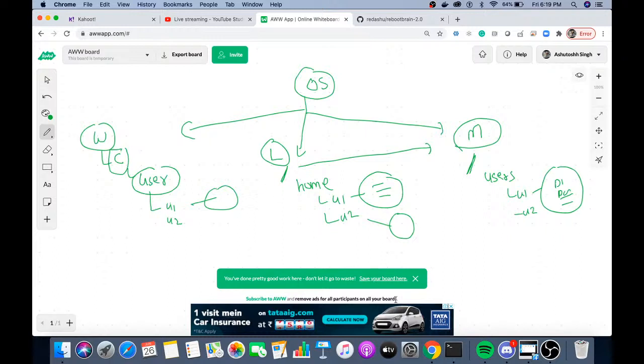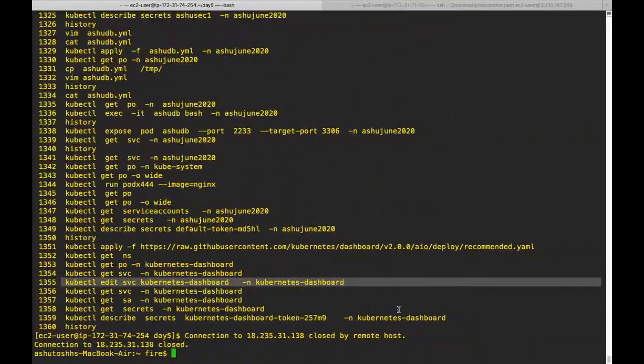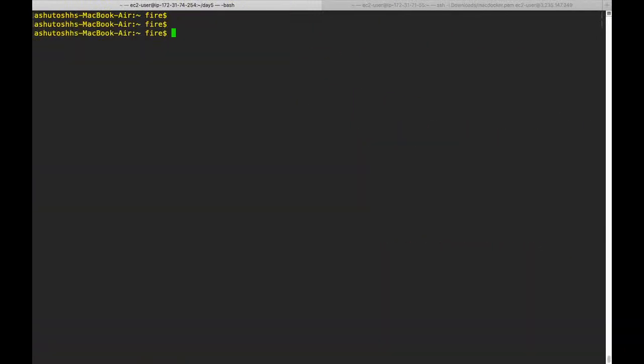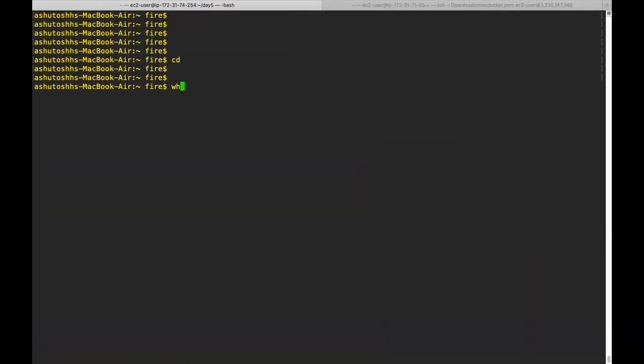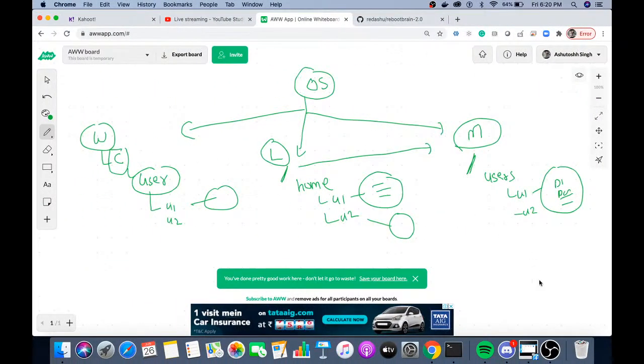I can go to my Mac terminal as well. See, if I go there, it is very similar. Who am I? Fire. What is my location? Slash, then users, then fire. So the Mac terminal is also quite similar to Linux. Anyway,